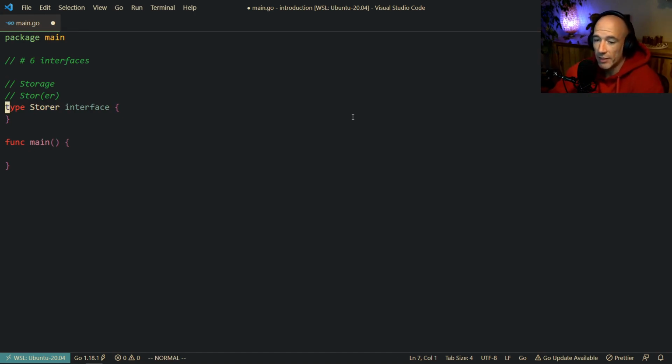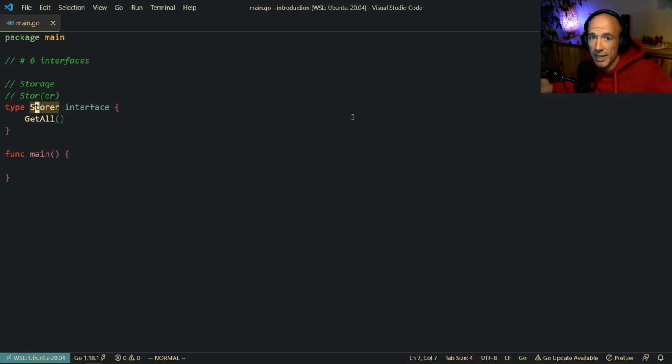And for example, most of the time, we're going to have something like get, right? And get will basically get all. Maybe we should do get all. That's actually better, right? So a storer is going to get all, which is basically going to retrieve everything from the database, all users or something. You name it, it can do it, right? So get all, and that's going to return, for example,